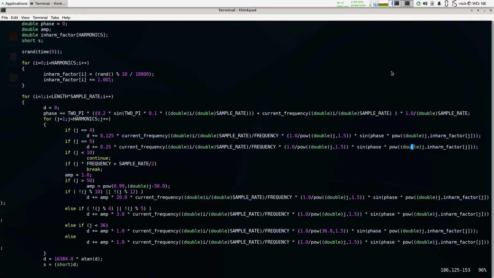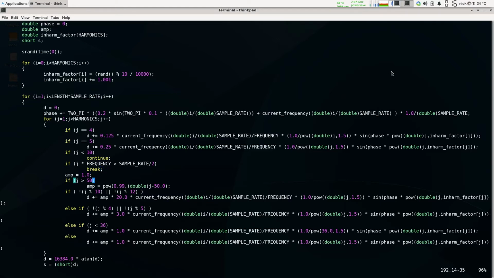Finally, this is where we get to adding the inharmonicity factor, which just means that we're multiplying the harmonic by a very small value, that just kind of widens the distance between each harmonic a little bit compared to where it would normally be. So again, that's making the phase between adjacent harmonics kind of get out of sync a little bit, like I said earlier. But essentially, the only thing that matters is it sounds a little bit more realistic to me,